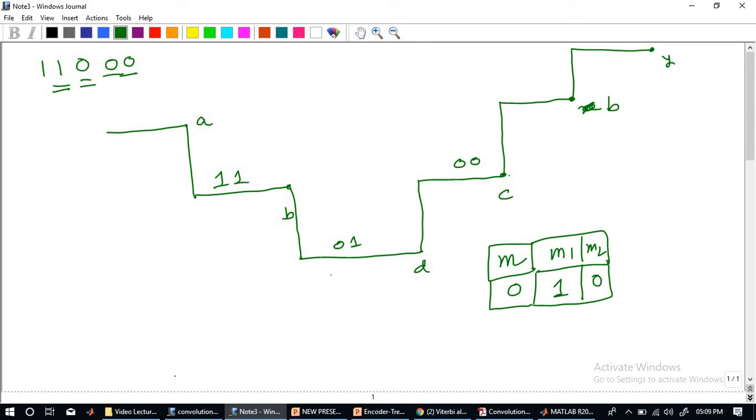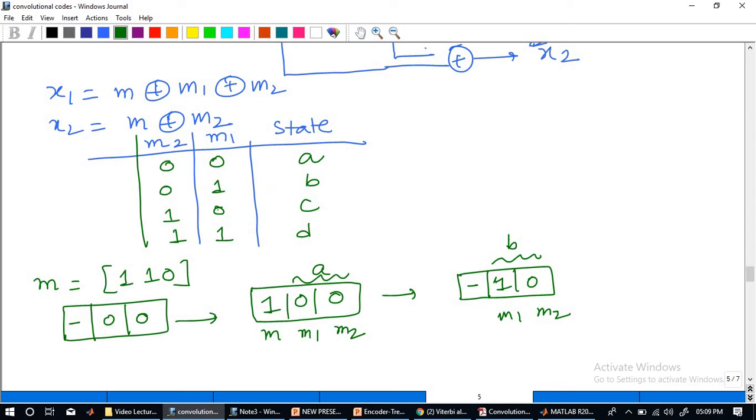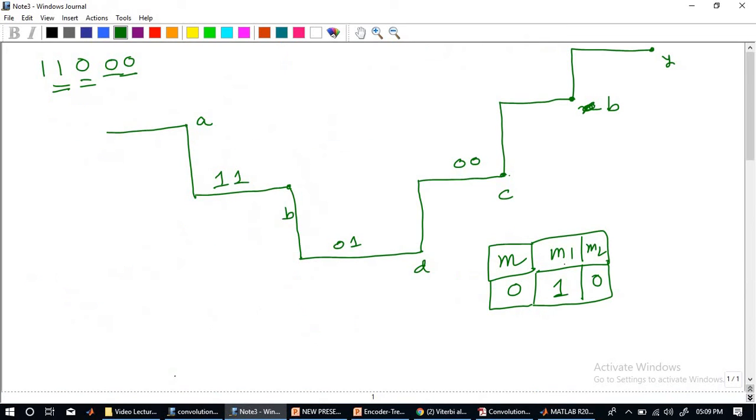Along with that, we have to check for the node weight as well as the branch weight. Node weight is this, the state basically. So this was at C. Now if I check the state table that we have defined for the given message, content of M1 was 0, content of M2 is 1. So if I go back here, content of M1 is 1, content of M2 is 0. So this is what the state is. Now the input comes in as if a 0 has come. So after the 0, it will be shifted. M1 will be shifted over here, and 0 will be shifted over here.